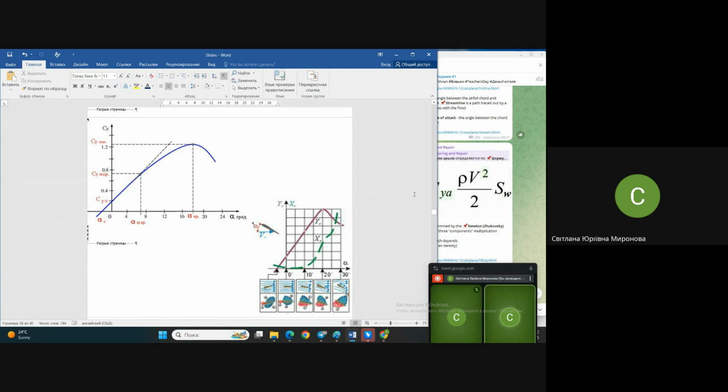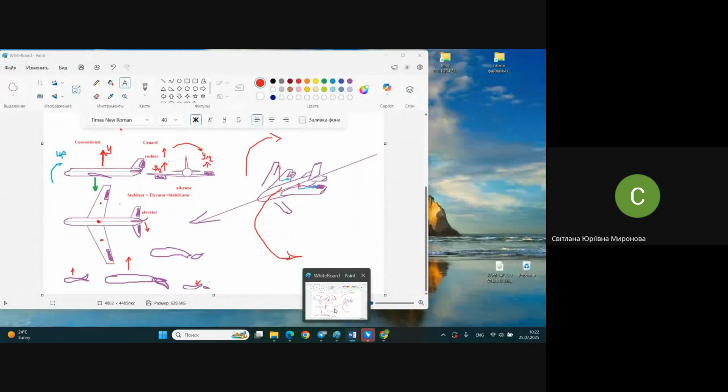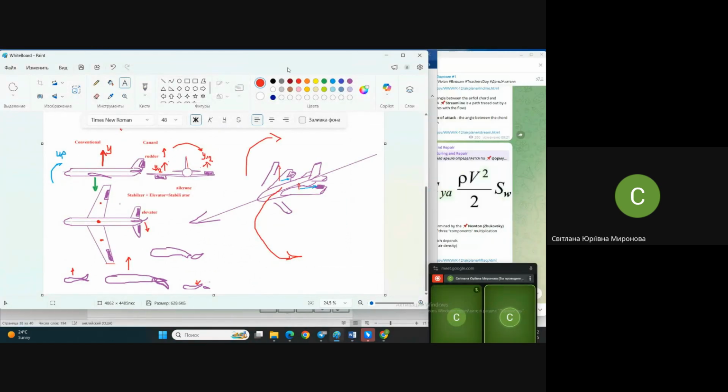Such a decision has existed for more than 100 years. And the name of this flight control is flap. Flaps are typically, now as they are,